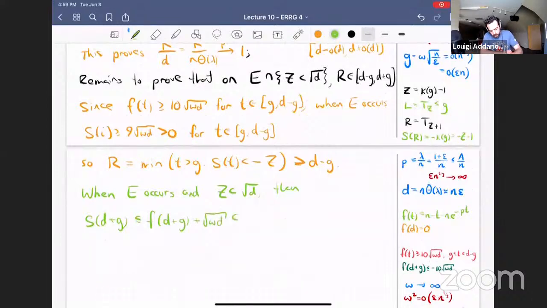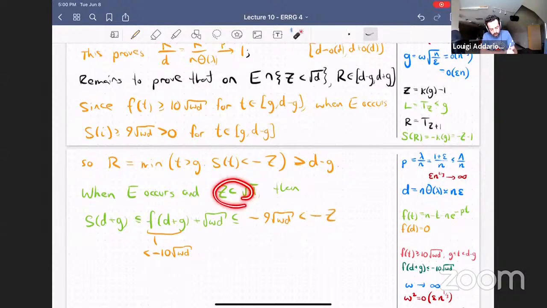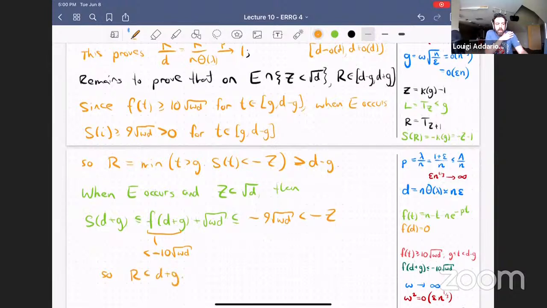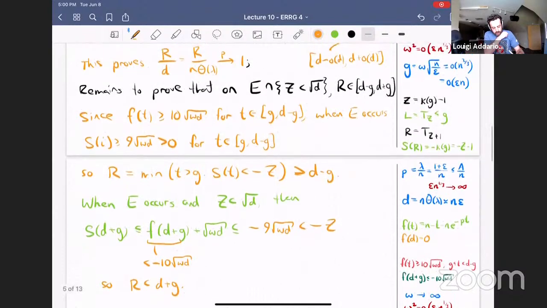Okay, and now this term, this is to be proved, but we said was less than minus 10 root omega d. And so this whole thing is less than minus 9 root omega d, which is less than minus z. Okay, because z is at most root d, and this is something tending to infinity relative to root d. Okay, and so that means that r is less than d plus g. Okay, so that proves